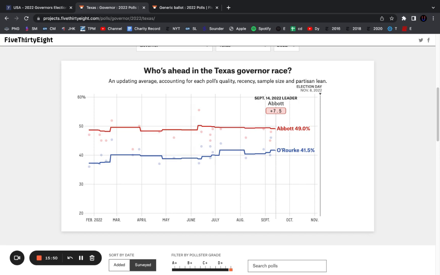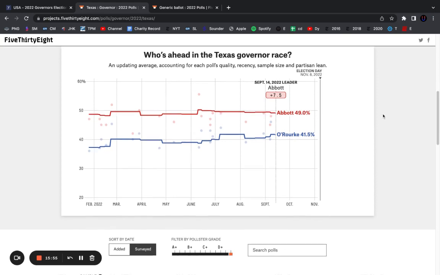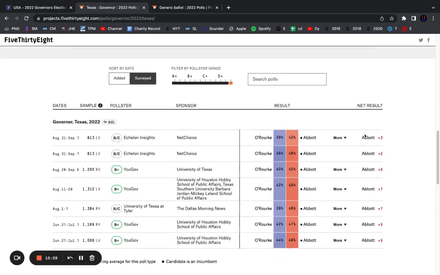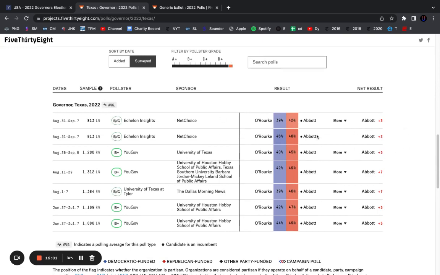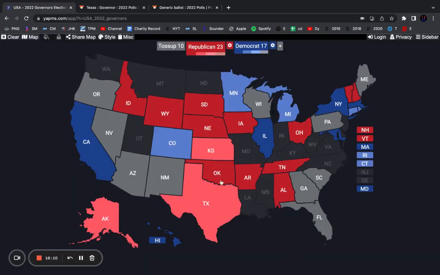But my point here is that I think the polls are actually a pretty good indicator of where we are. I think Abbott will win by like 7.5, maybe 8, maybe a little more, but I think these polls make a lot of sense. Again, Echelon, which has been really weird as of late, only has Abbott up by 3. I think he'll win by a lot more. I think UGov or UT is going to be better at this. But either way, I do think Beto will do better than people think in the Dallas suburbs. But at the end of the day, I still think he loses by more than Biden did. If he can match Biden's performance, that'll be really impressive considering the circumstances.